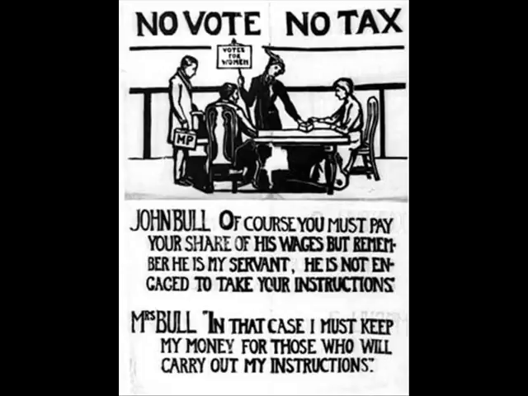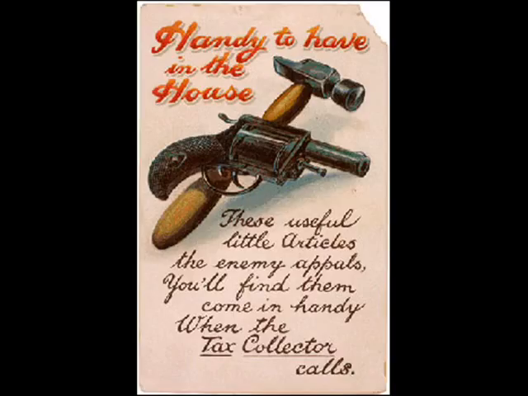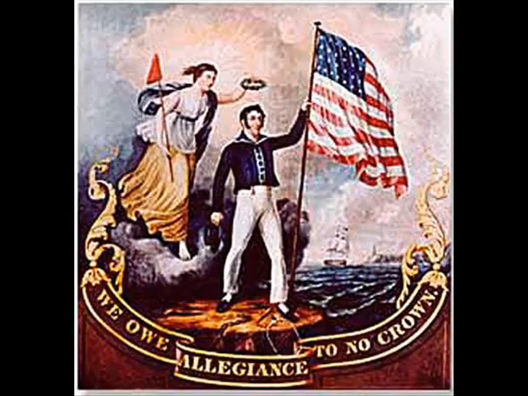This outraged the colonists. Many of the colonists turned to smuggling so they didn't have to pay the taxes. This was one of the ways the colonists rebelled against British rule. All of these conflicts and many more caused the colonists to stand up to the British Empire, and the American Revolution began.